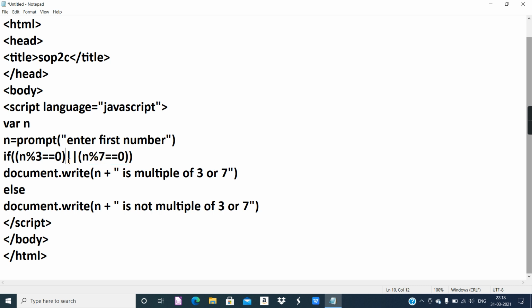To combine them and check whether either of the conditions is true or not, I have used the OR operator, because in the question, please pay attention to the wording: to check whether the accepted integer is a multiple of 3 or a multiple of 7. The question can also be presented in this manner: to check whether the accepted number is a multiple of 3 and a multiple of 7. If the AND word is mentioned in the question, you must use the AND operator. And how is the AND operator used?